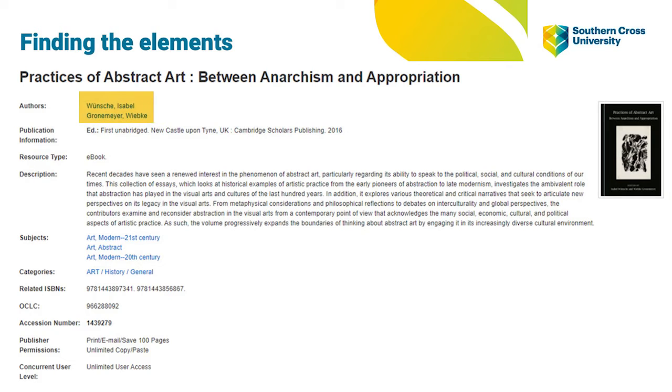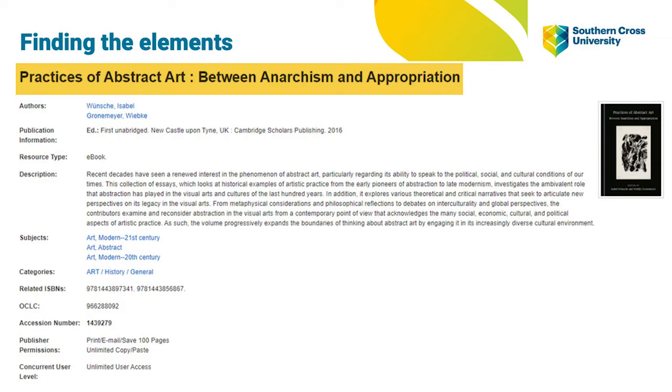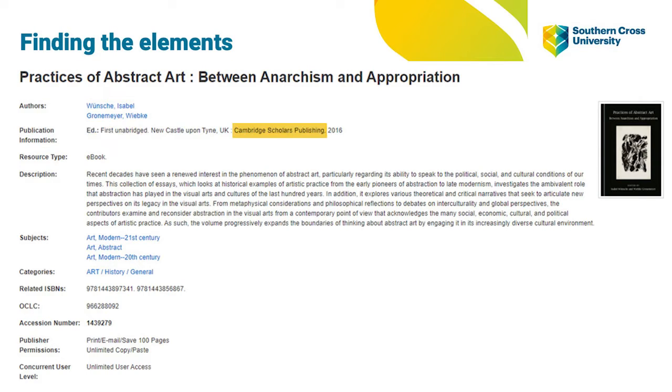You'll need the author name or names, the year of publication, the title of the book, any edition number, the publishing company, and lastly, the place of publication. The place of publication is the location or city of the publisher. If more than one place is listed, just use the first one, or the one that's highlighted in bold type if there is one. If no city is listed, you can just use the state.